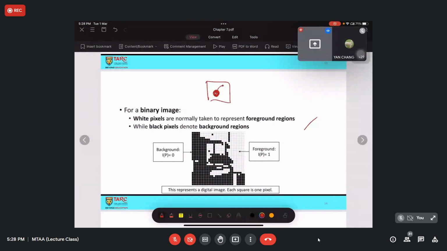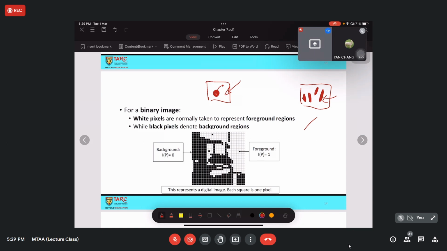So this is cherry, let's say. Okay, so cherry is your foreground and the rest is the background. If you know, rice grain, the rice grain appears in black color. So the black is your foreground pixel and the white is your background pixel. You always have to try and know what is the foreground and what is the background pixel in your software, for example, in MATLAB. If you don't know which one is foreground, which one is background, the effect that you apply would be inverse.